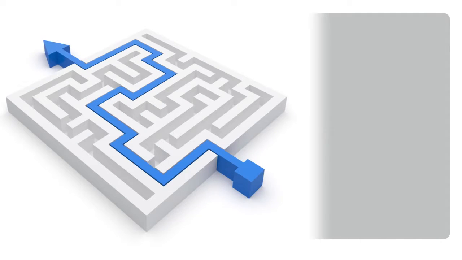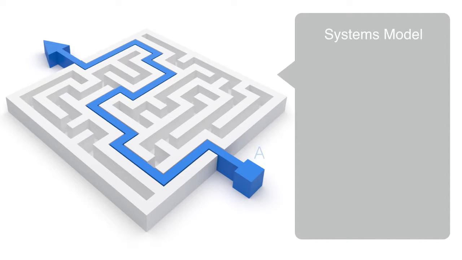In this model, we have a current state A and a future desired state B. This could be anything from being on one side of a river, state A, and wanting to get to the other side, state B, or being cold and wanting to get warm, and so on. We then have some kind of environmental constraints between state A and B. These environmental constraints generate the problem space that we need to resolve in order to get to state B.